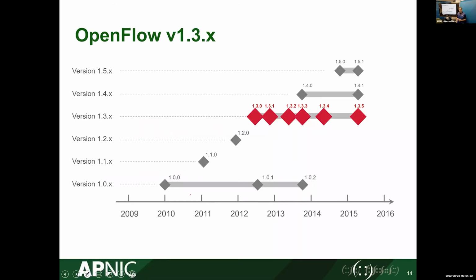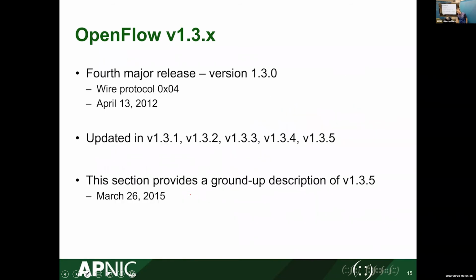So we're going to focus on 1.3 and drill down into a lot of detail. From an Openflow point of view, it's the fourth major release, but in the packet capture, when you look at it, it's going to have this wire protocol of 0x04. There are various updates to that, from version 1.1 through to 1.3.5, and it was released March 26,